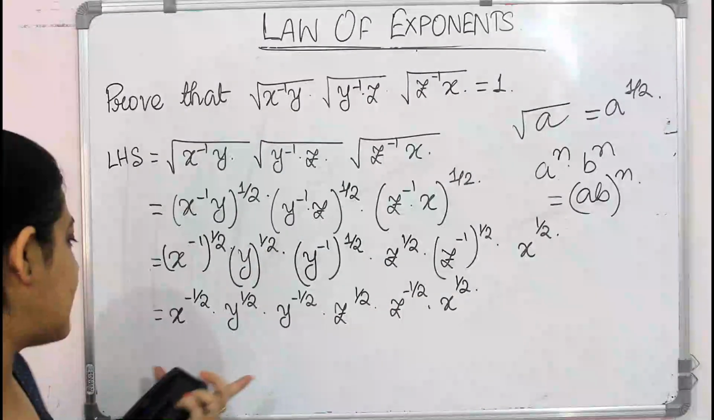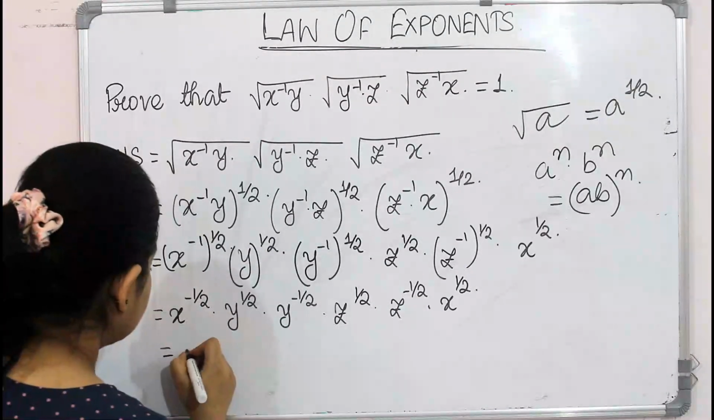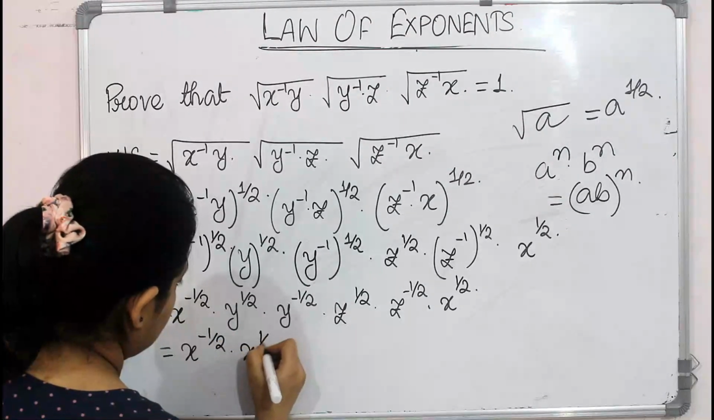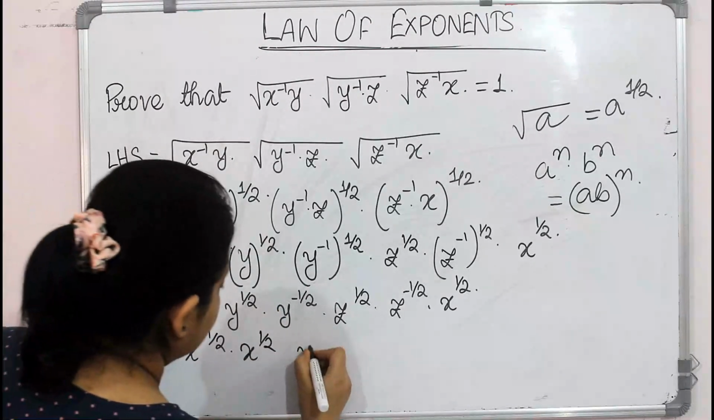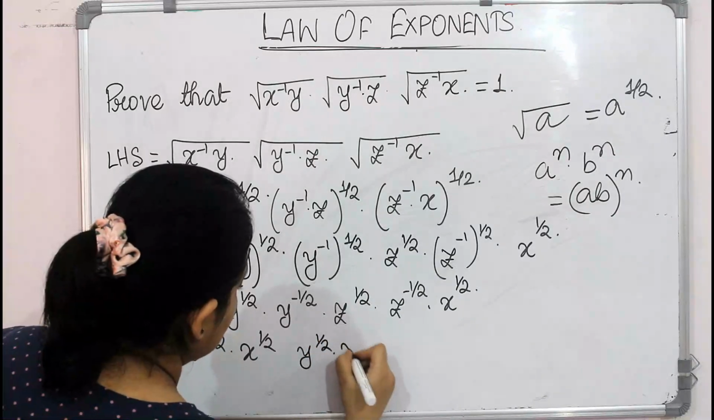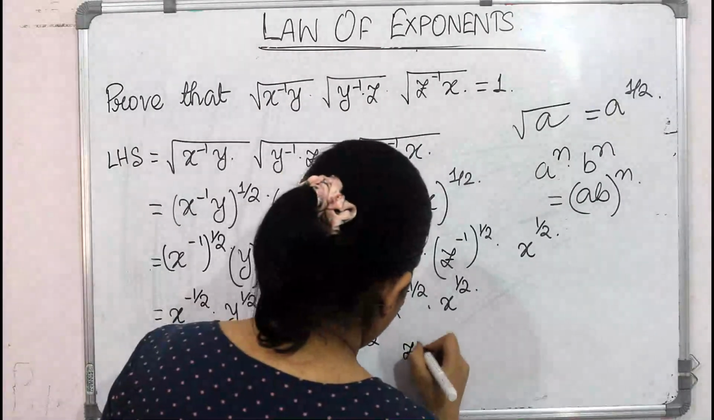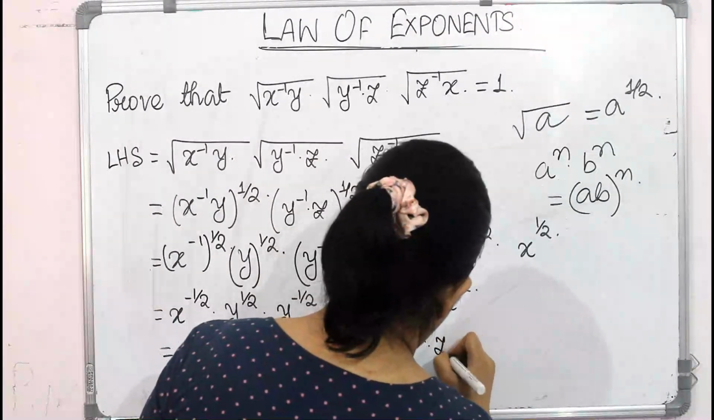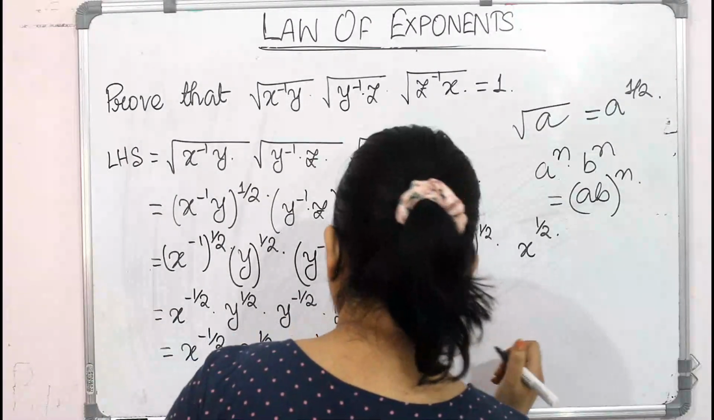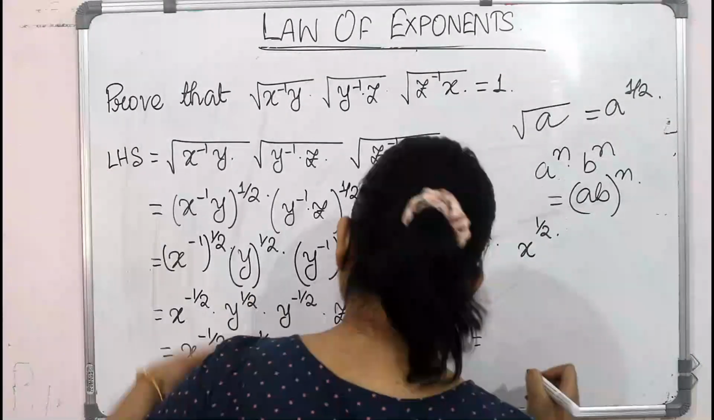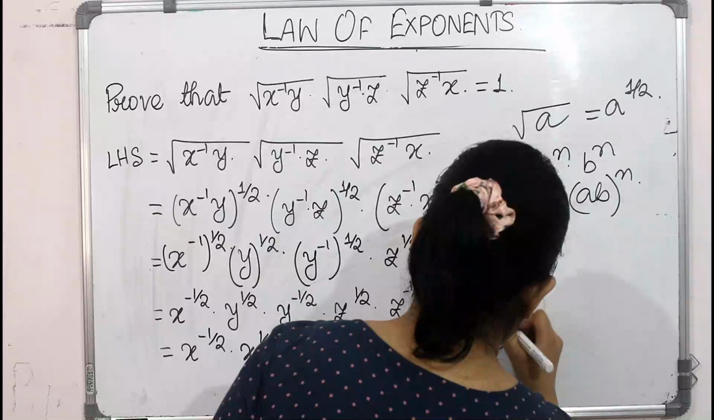Okay, so let's separate the terms that have the same base. Here also y to the power of half into y to the power of minus half, and this is z to the power of half into z to the power of minus half. So same base, x to the power of minus half and x to the power of half, same base. So what I will do,